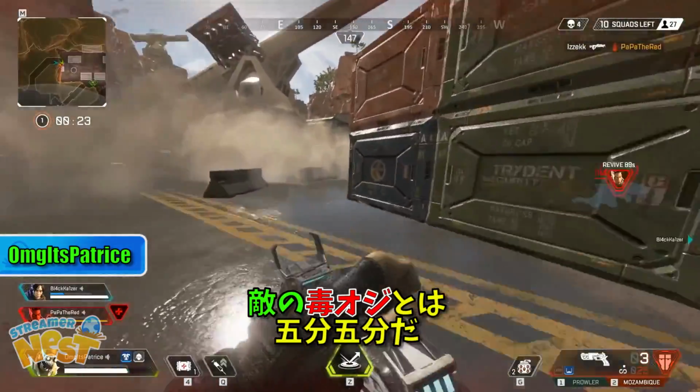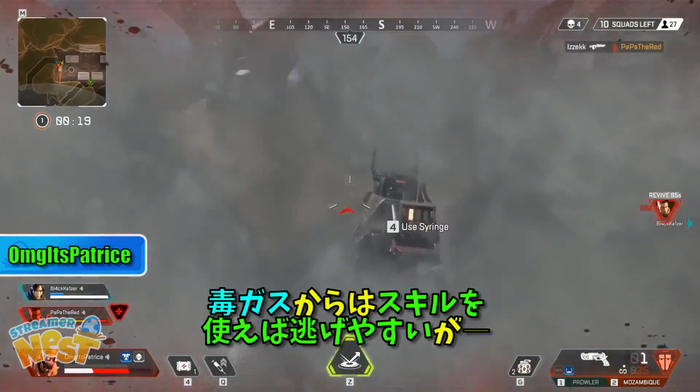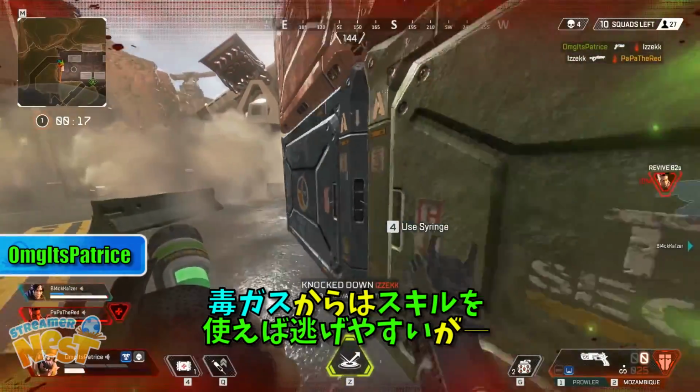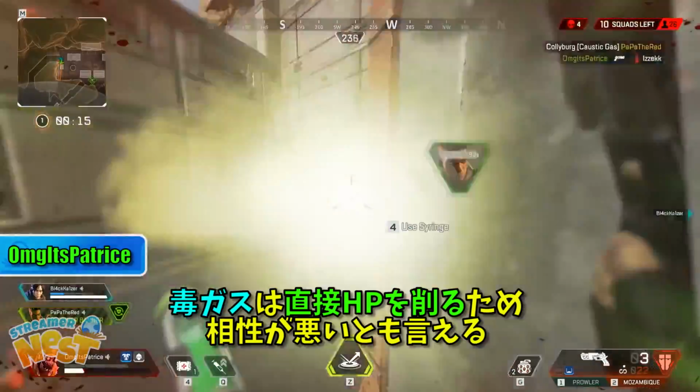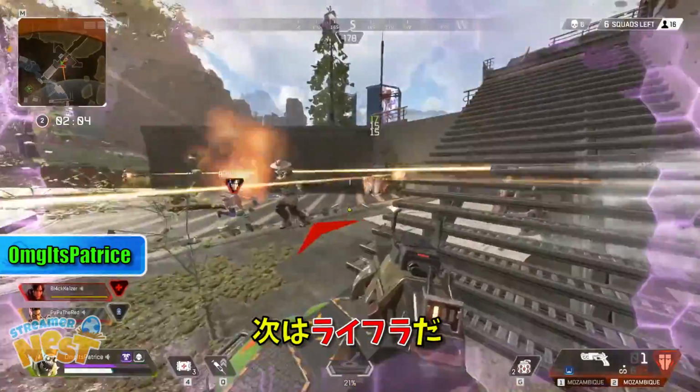On the other end, Caustic is kinda half-half. You counter his gas a little bit and can get out of it easily with less movement reduction or with your ultimate, but he also does damage through your shield. So if for example you use Stim twice and lost 20 health,